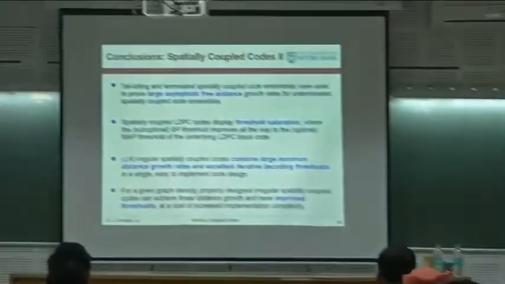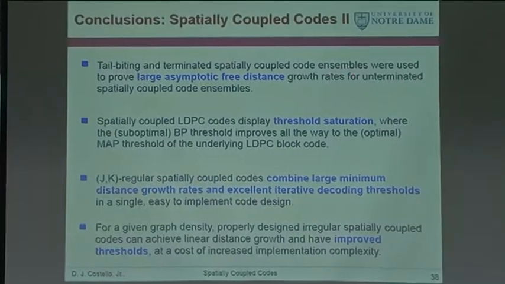So we use tail biting and terminated versions of spatially coupled ensembles to get to a bound on free distance growth rates for the unterminated spatially coupled ensembles. And we were able to show that they're asymptotically good ensembles, and we get large free distance growth rates relative to what you can do with the general class of codes. I mean, they're short. You don't get all the way to the bound for the general class of convolutional codes, but you can get within a factor of 2 with at least